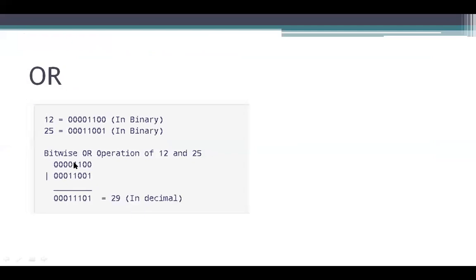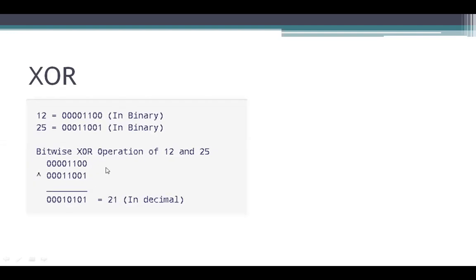In the previous case, in the OR, if any one of the bits is 1, the result is 1. And if both the bits are 1, then also the result is 1. But when it comes to XOR,